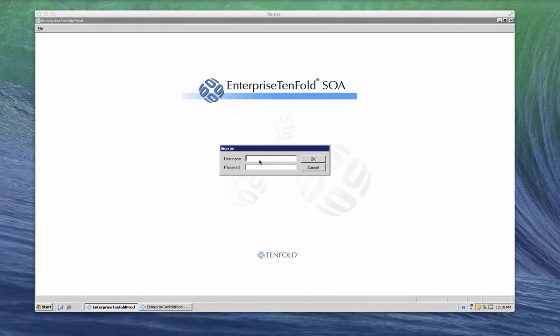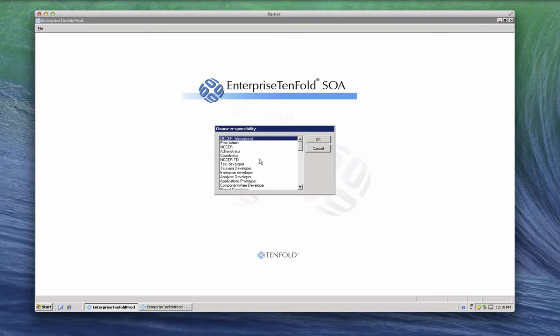So to sign on, you will log in with a username and password. When you log in, you'll see a list of responsibilities. If you have more than one responsibility, you select the responsibility that fits what you're going to be doing during that particular work session. I'm going to select NCCR-TD from this drop-down list, and I'm going to select the OK